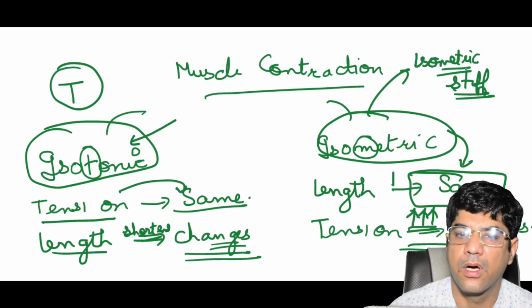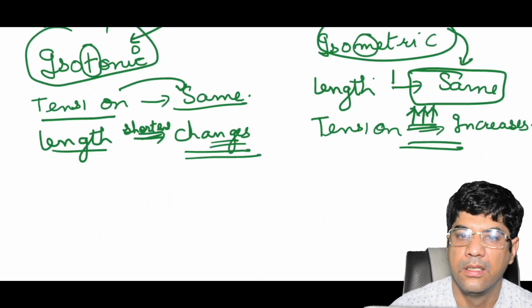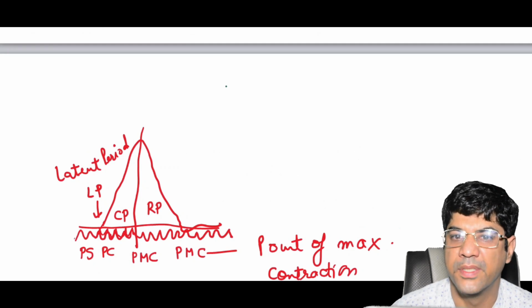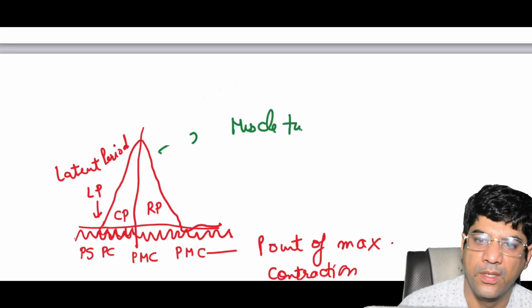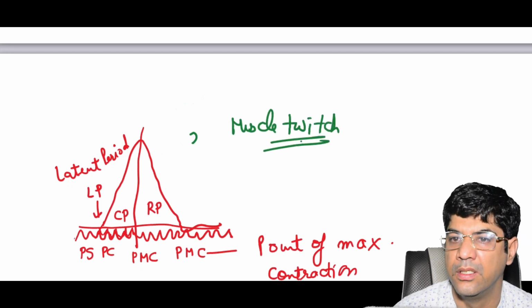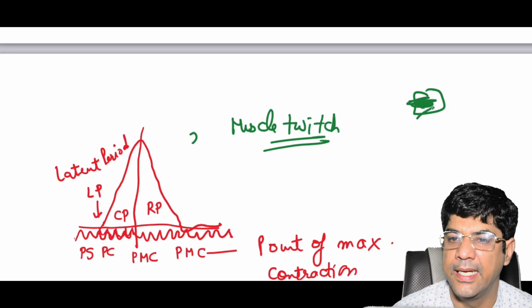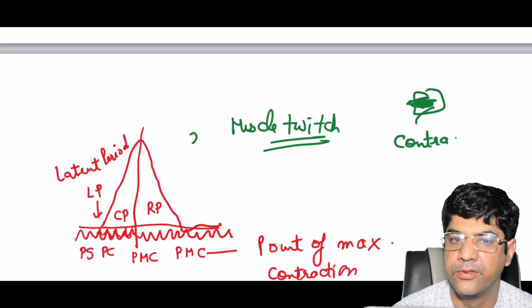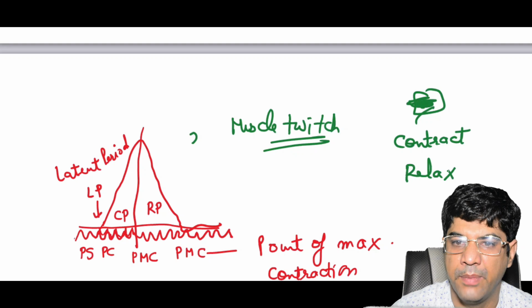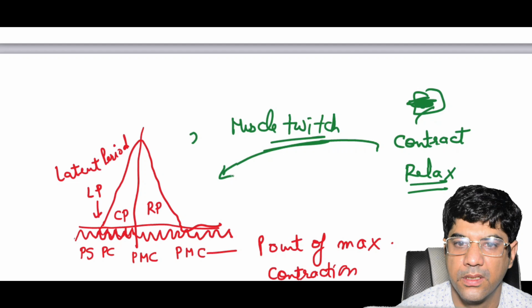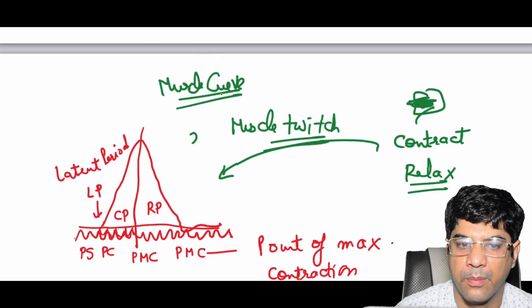Now let us talk about the simple muscle contraction, which is also known as muscle twitch. When a threshold stimulus is applied to a muscle, it will contract and then it will relax. That can be recorded graphically as a simple muscle curve. We have 4 points on the curve. The first is the point of stimulus,